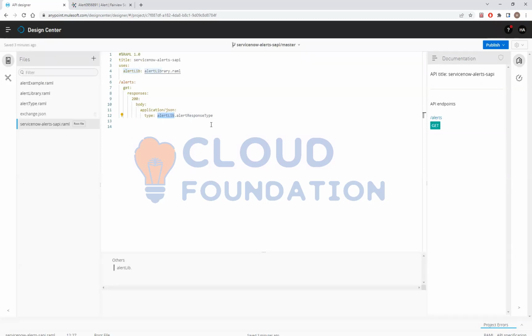So whenever it's trying to do a get, it'll be the 200 body, the JSON, and after the JSON the type is the library alert response type, and that's the one that returns the object. Correct? Right? So mock test it, and we can continue. First do some mock test with this API, and next we